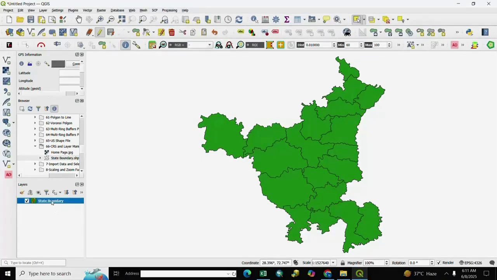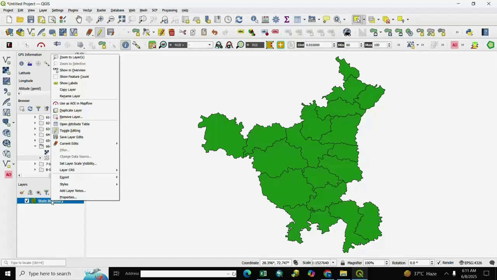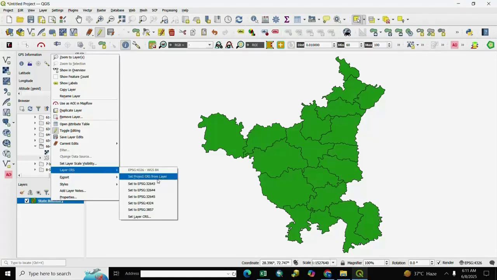If you want to change it, you right click and go to layer CRS, and you select as per your requirement.